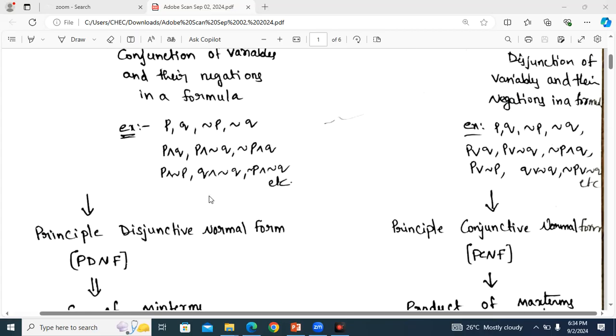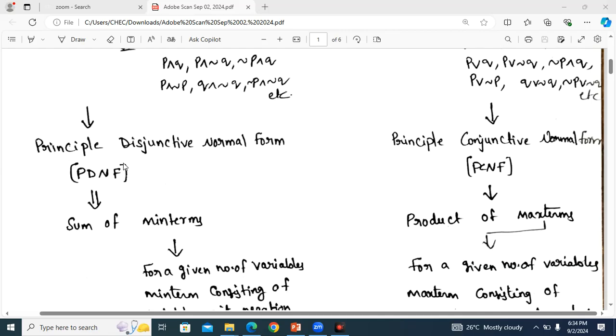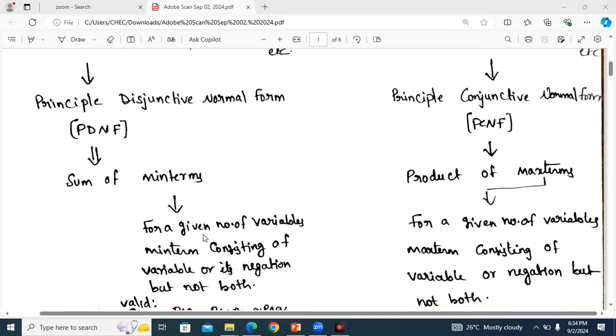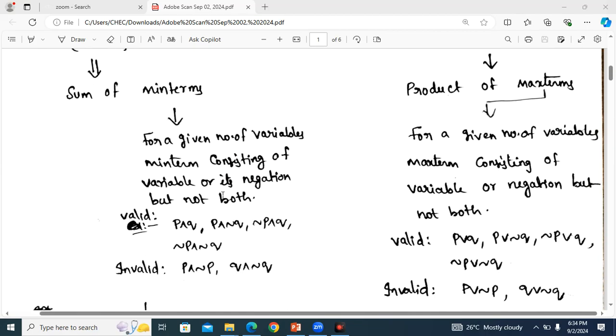Next, principal disjunctive normal form, in short PDNF. Principal disjunctive normal form is defined as a sum of min terms. So what about min terms? For a given number of variables, a min term consists of each variable or its negation, but not